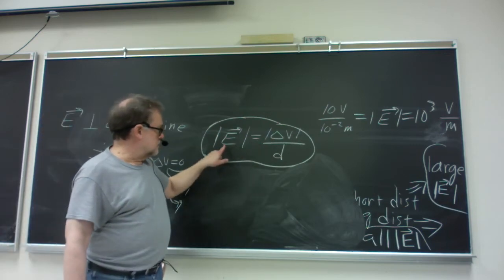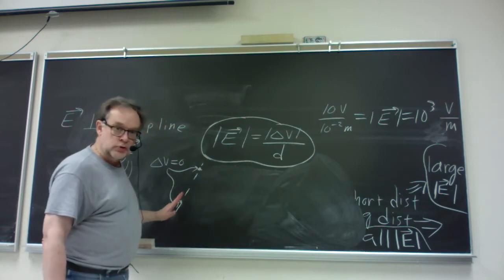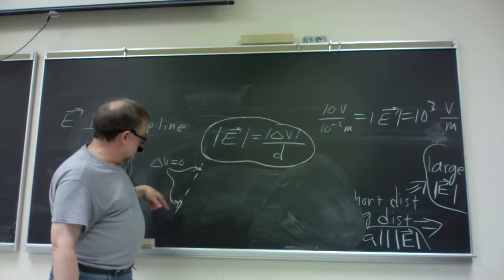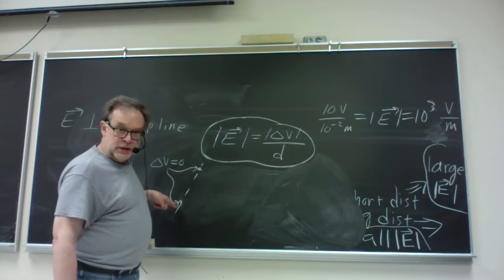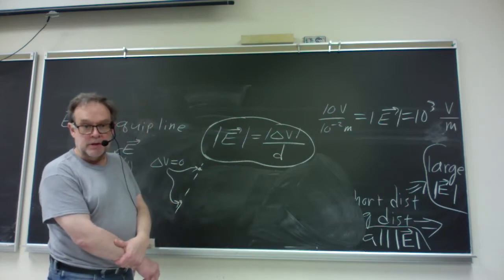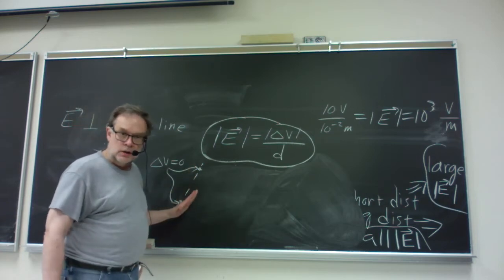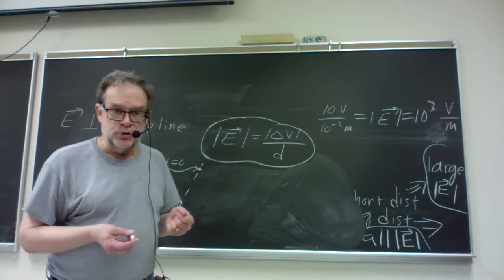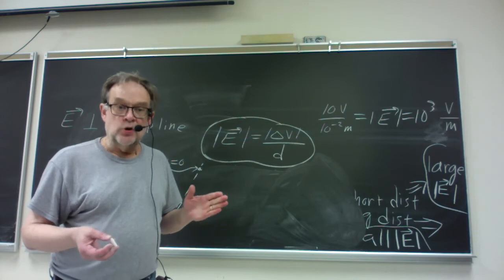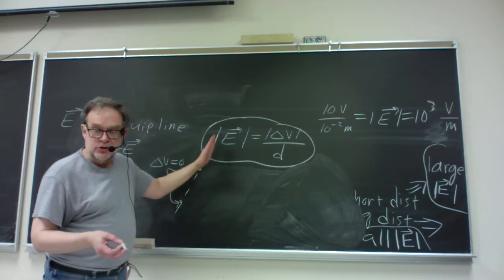Zero potential difference means no electric field. That is, there's no electric field between those 2 points. And of course, there's nothing special about these 2 points. You could pick any 2 points along the equipotential line and then use the same argument to show that there's zero electric field between those two points. In other words, there is no electric field ever along an equipotential line,